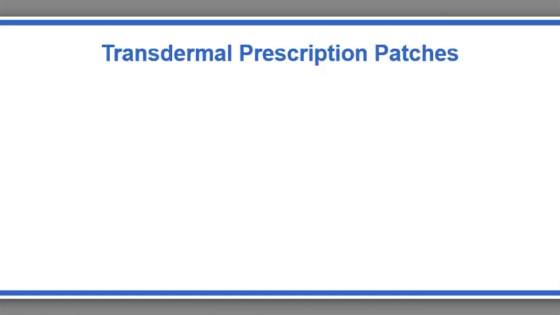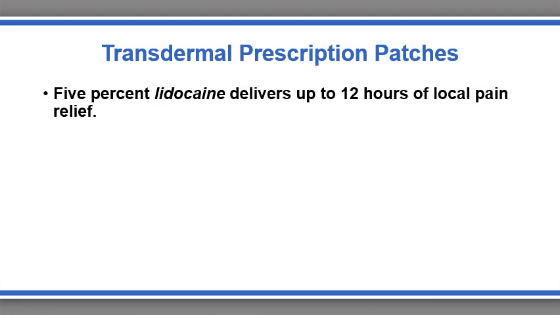So another route we look at here for administration of a local anesthetic is through transdermal prescription patches. The most common formulation of this is a 5% lidocaine patch, which could deliver up to 12 hours of local pain relief. This is also a very common complement to oral medications related to treating pain. The systemic absorption of this is very minimal when it gets delivered,